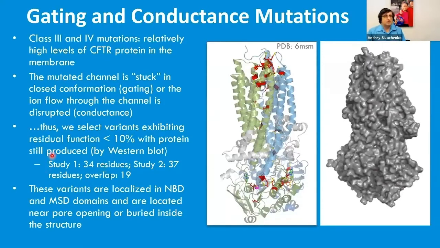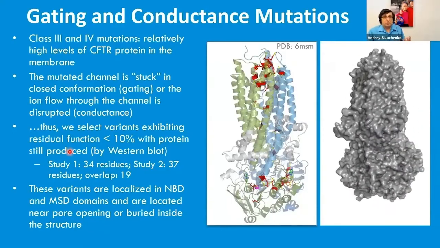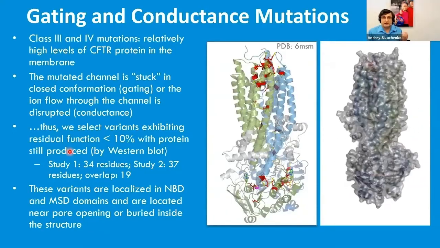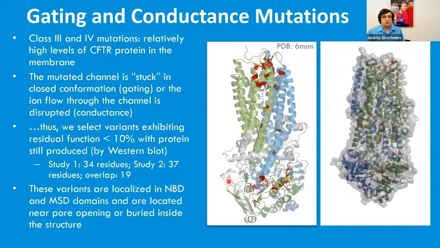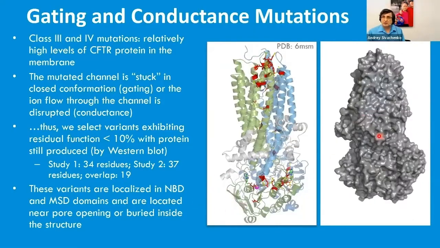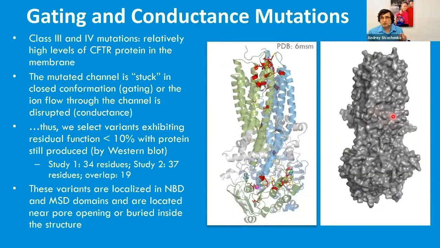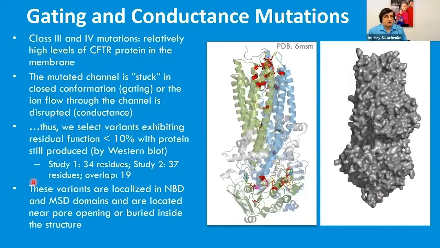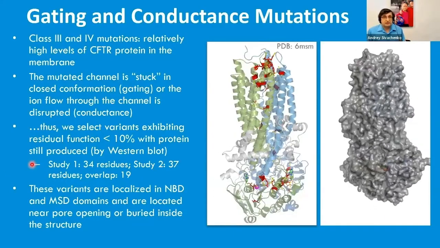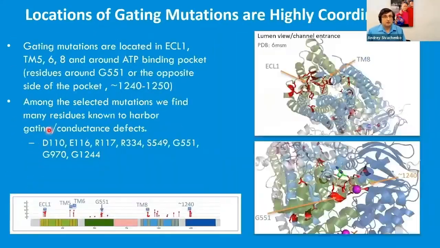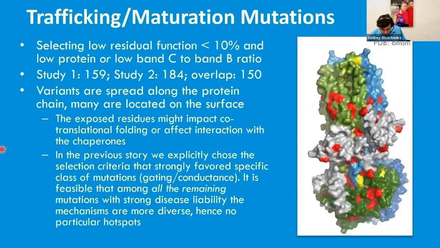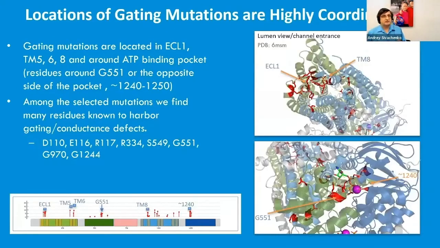and study 2. So we can immediately see that these variants are all internally positioned, in fact, and heavily clustered near the entrance to the channel or in the NBD domain. And also here we can see that they are all under the surface. By taking an even closer look, we can see that those putatively gating or conductance severe disease variants are very heavily concentrated in a few regions which are known to